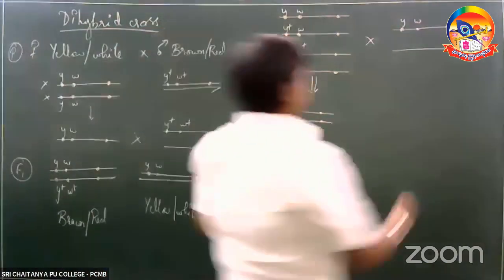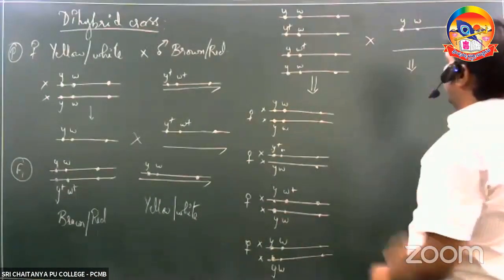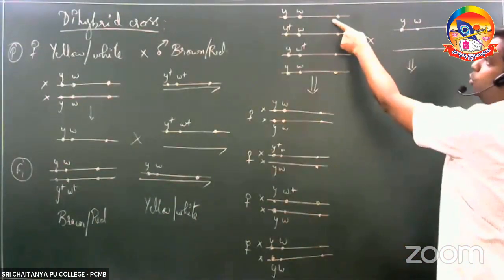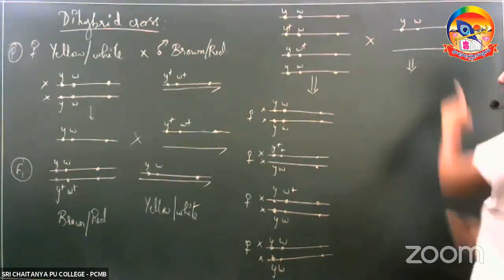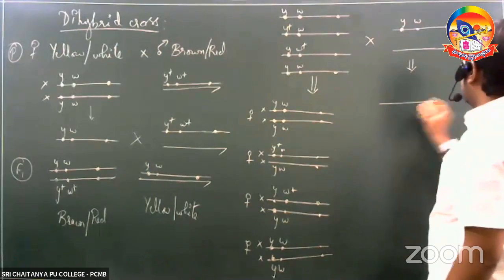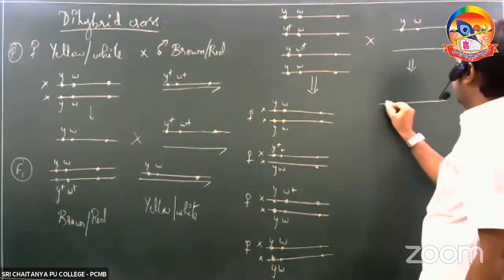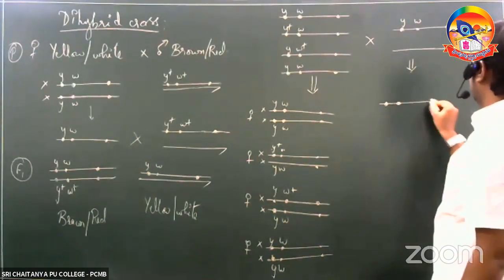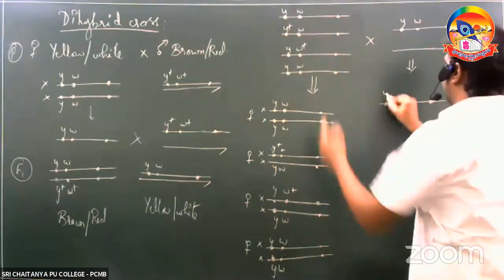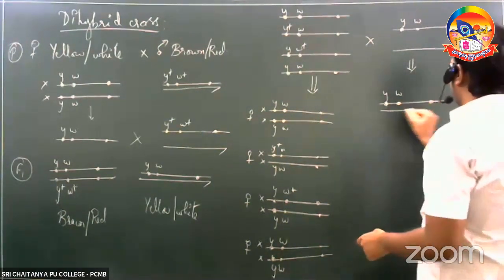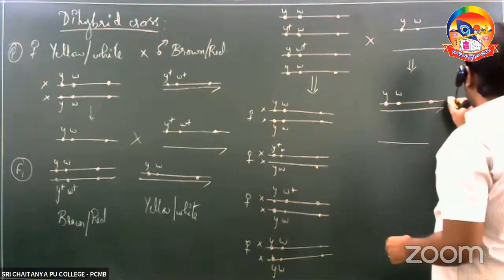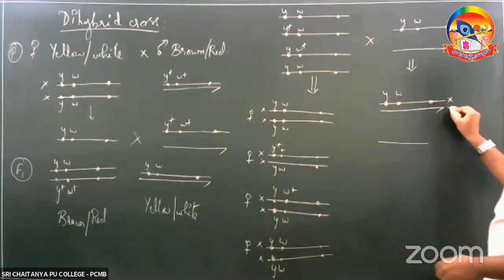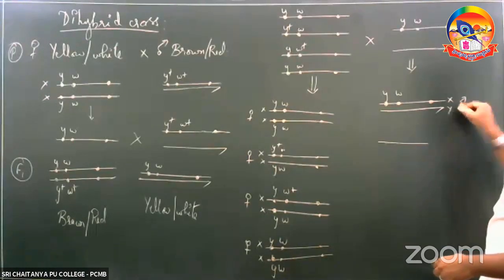Now let's take up the male offspring that are formed. Again, this X chromosome containing the female gamete fuses with the Y chromosome. If that is the case, the first condition here would be X, so it would be Y and W, and a male gamete. Now this is one X chromosome and this is a Y chromosome, so this individual would be a male individual.